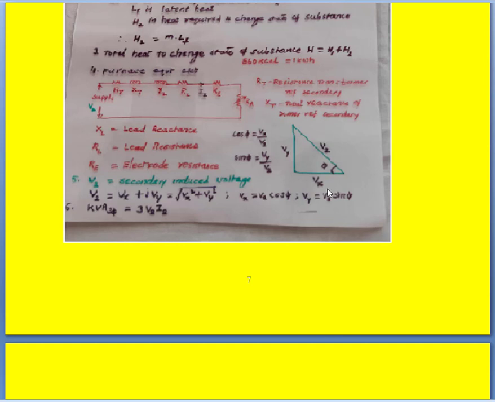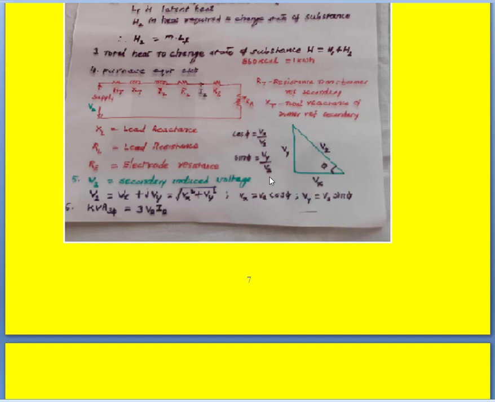So suppose I say the in phase component is Vx, the rectangular component is say Vy, then we say the total supply voltage V2, or that is the secondary induced voltage, is given by V2 equal to Vx plus jVy. So that is equal to root of Vx square plus Vy square. So this is the angle of power factor, that is cos phi is nothing but Vx divided by V2. Sin phi is nothing but